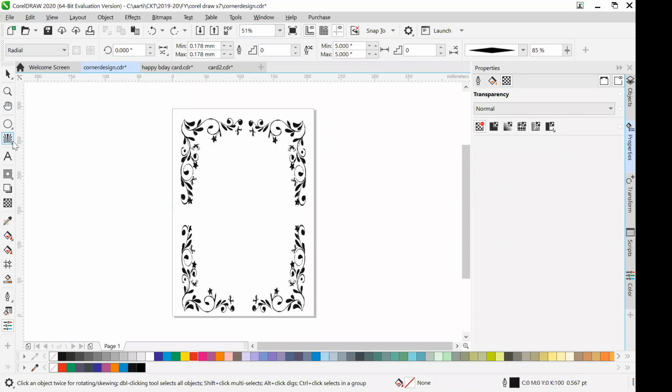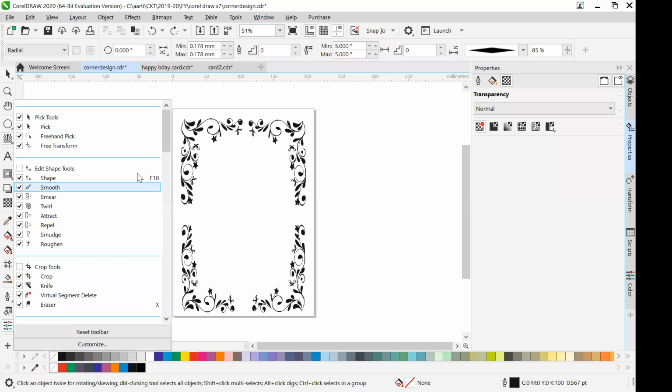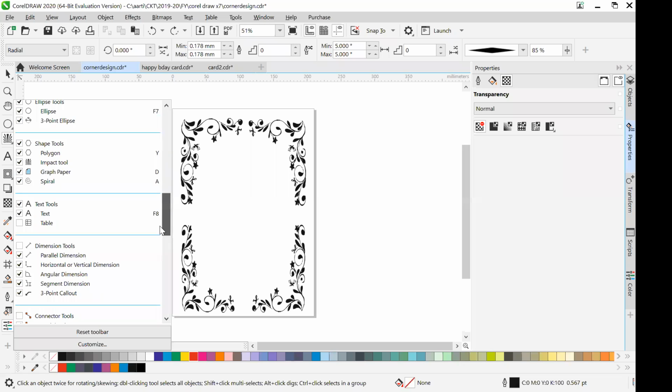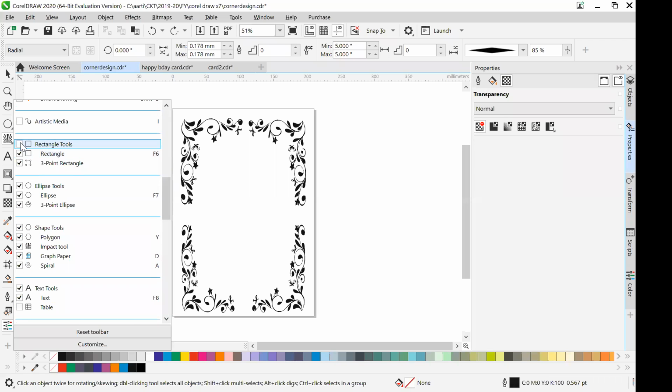Now instead of the impact tool, we want a rectangle. Now the rectangle is gone. Very good. We need to take that rectangle now. We want it. So we want a rectangle. We'll take the rectangle